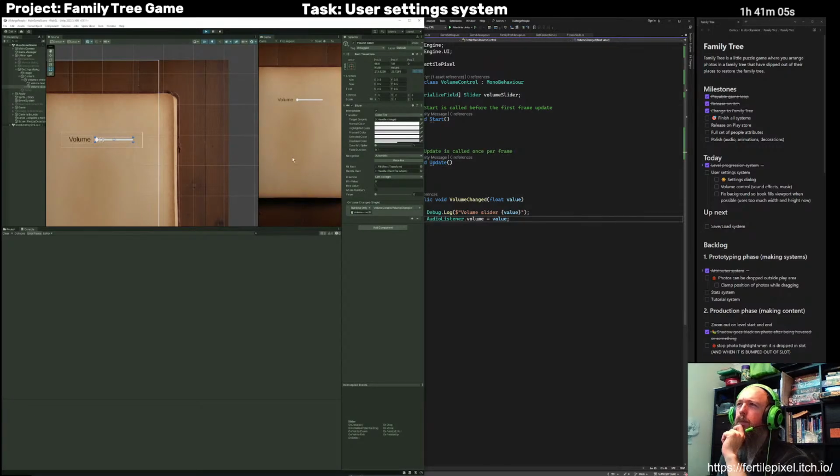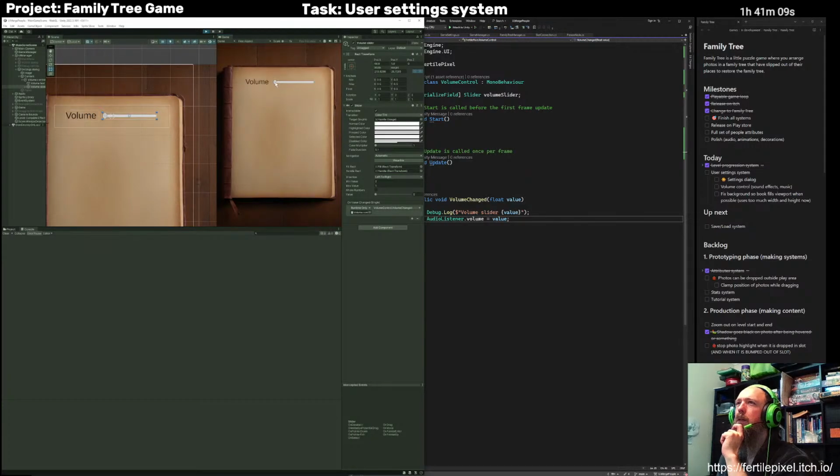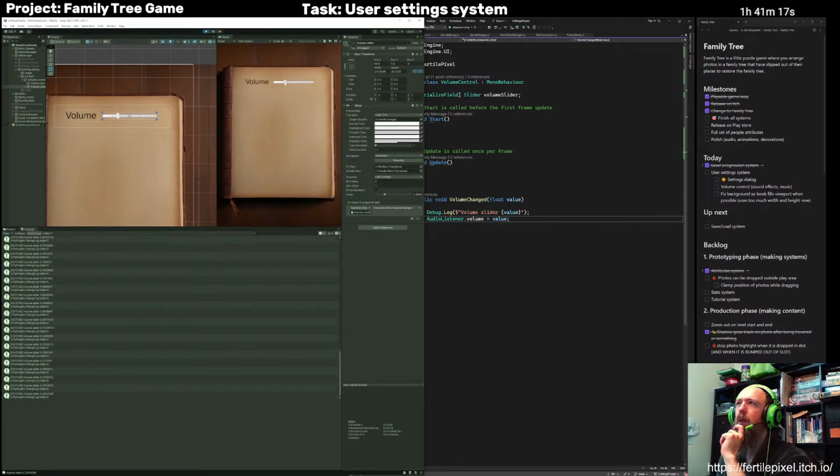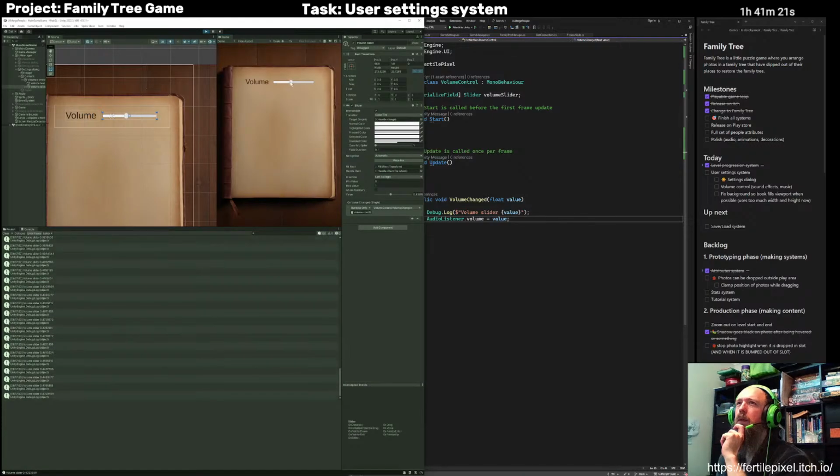Are we running here? There we go. Okay, there is music. This slider, I should have that default to like 1. Okay, music is up. Music is quiet. Let me just hide that